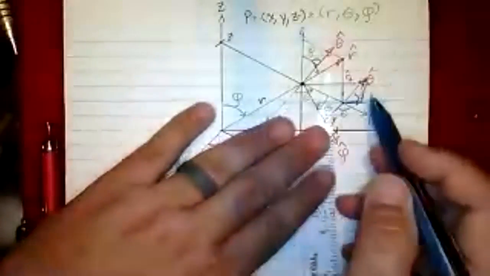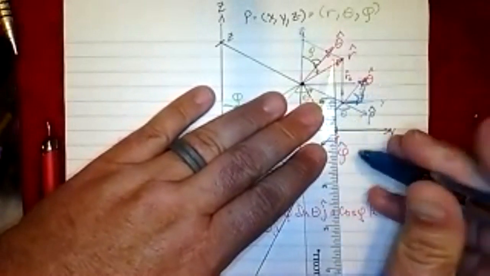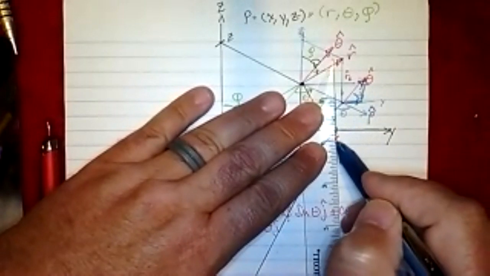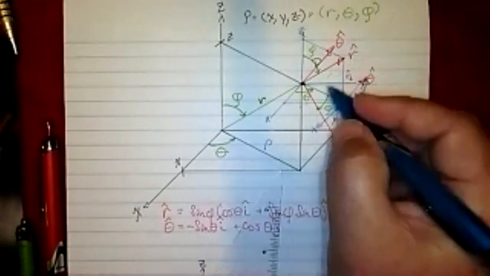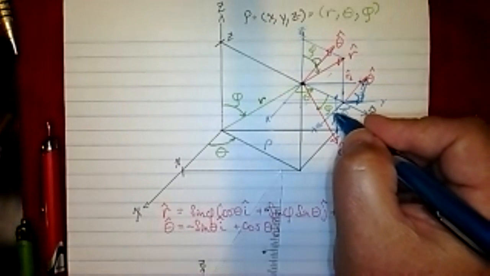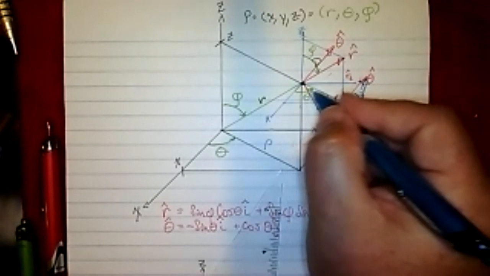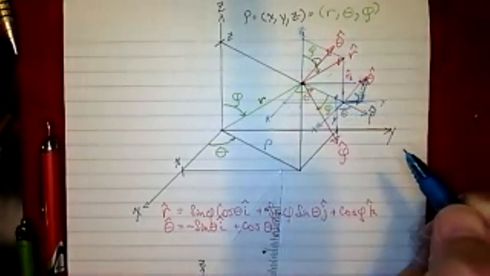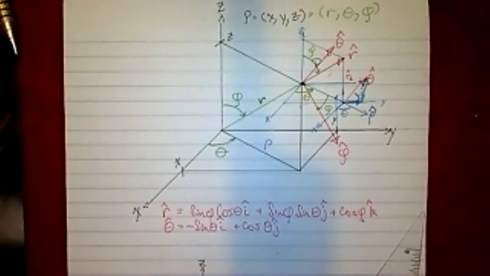So what I need to find the components of phi hat is I really need to find the component in the xy plane, like the rho component, if you will, which would be right about here. And I think you can see when I take the cosine of phi, that gives me the rho, and then I'll just take cosine of theta, and that'll give me the x. So if I want to actually do theta hat, or phi hat, excuse me,